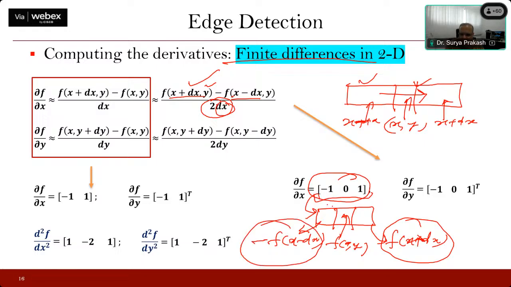Because when you apply this filter on the image, 1 is going to be multiplied to this, 0 is going to be multiplied to this, and -1 is going to be multiplied to this. So effectively, this is going to give you f(x+dx) minus